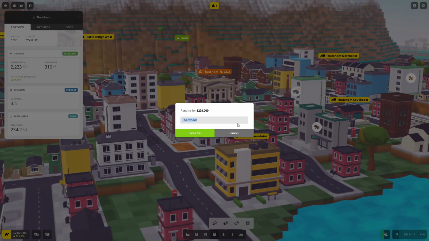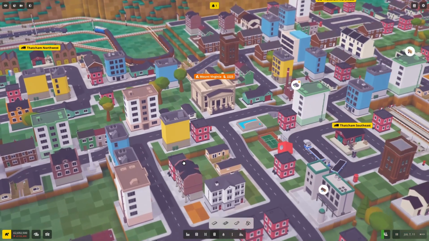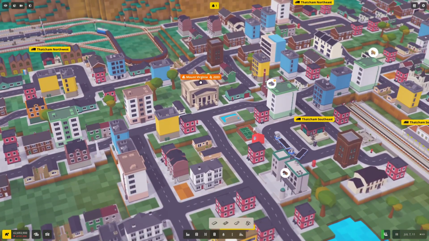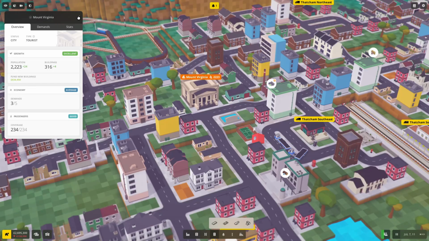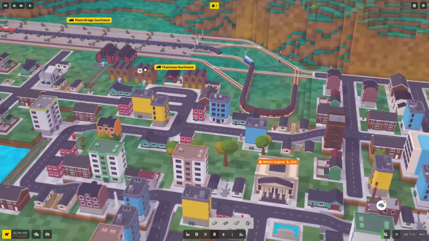So Thatcham's now going to be called, well, lakes and mountains. So what shall we call this? Why don't we call this Mount Virginia? I like that one. If you're Mount Virginia, right, and this is lakes and mountains, that's Mount Virginia. Let's see, could you, and then we get this name and we copy that, cancel. Yeah, you're in there. Oop, just speed one. Yeah, and that means you will be